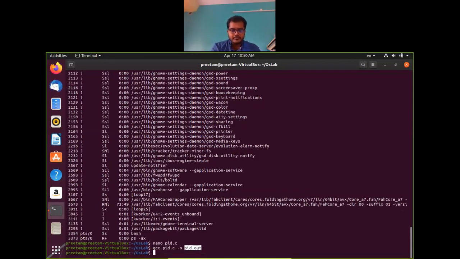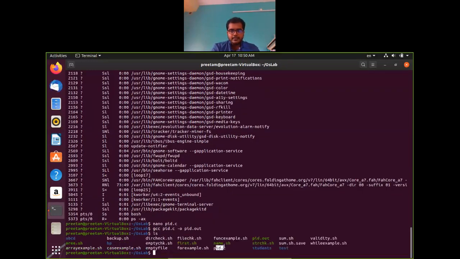The compilation is successful. Now if you do ls, you can see pid.c and pid.out. pid.out is green because it is executable. So you can now run the pid.out program and see the process ID.